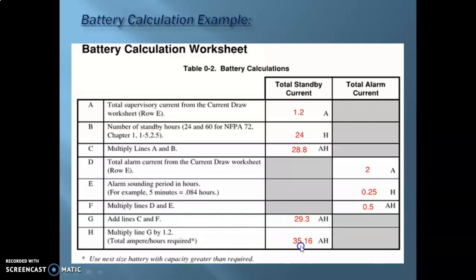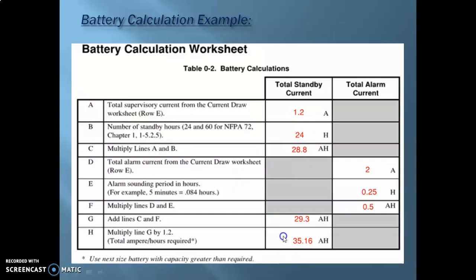Now again, you need to take at least 20% of this as well, which they've not shown in the sheet, and add it over here to get the complete ampere hour rating. And as it is mentioned over here, use next size battery with capacity greater than what is required.